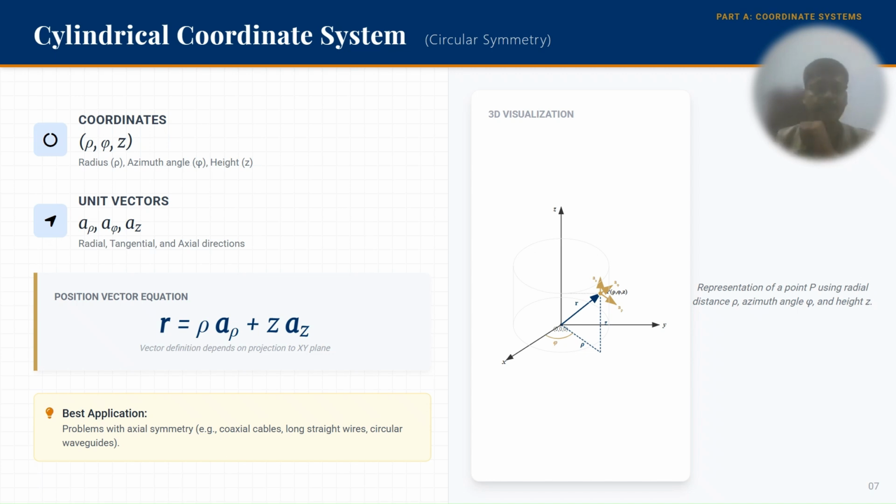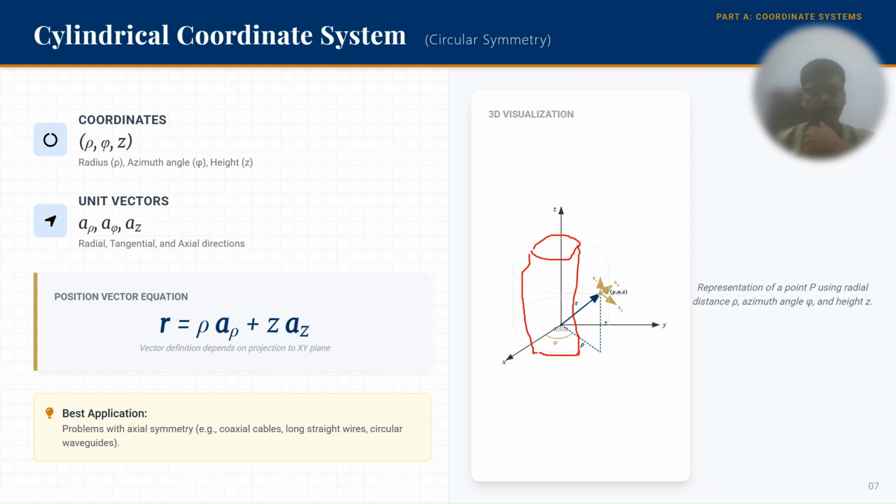So next is the cylindrical coordinate system. The cylindrical coordinate system is used when there is a cylindrical shape in nature where we try to solve an electromagnetic problem. That coordinate system is defined as rho, phi, and z. So rho is basically, if we consider a cylinder like this, just a minute. If we consider the cylindrical structure like this at this point,